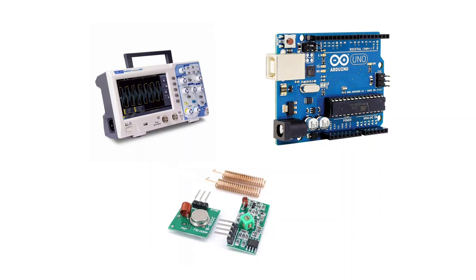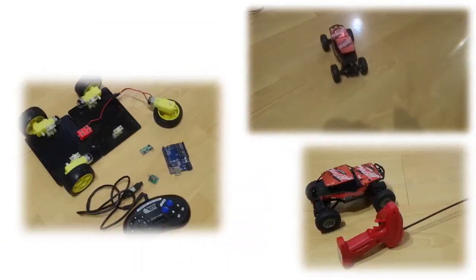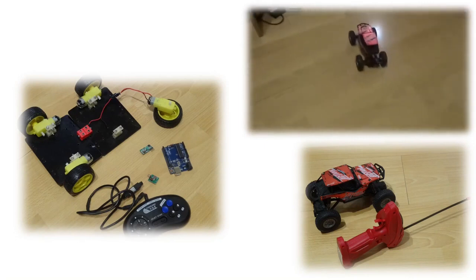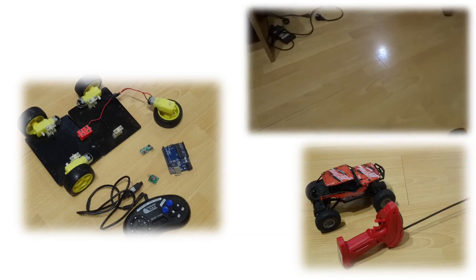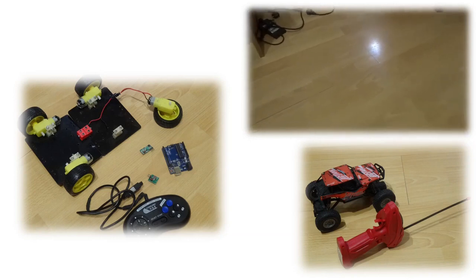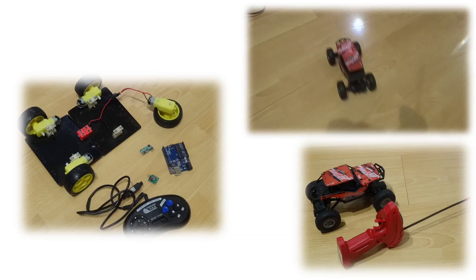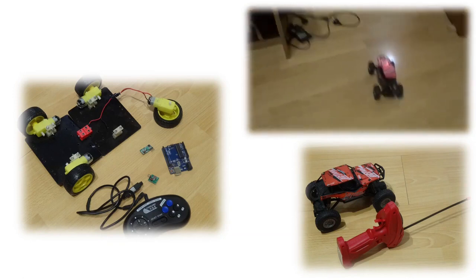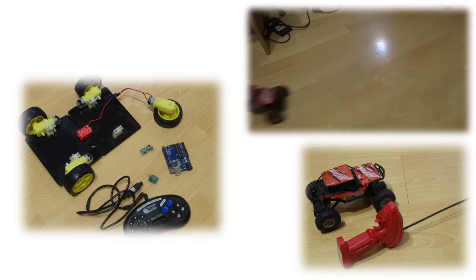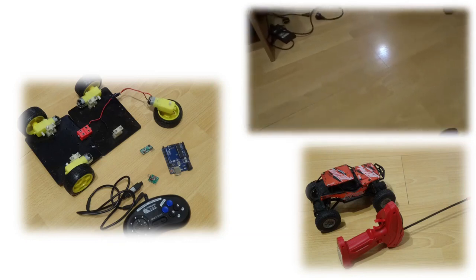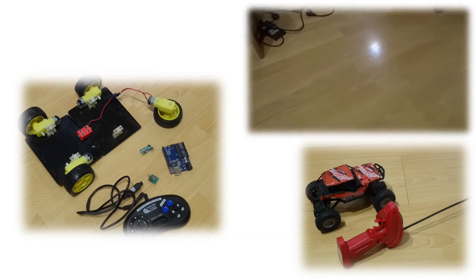Also, in this video, we'll talk about what you can use these devices for. For example, you can use them to communicate between your own electronic devices. Say you're trying to build your own toy car, such as the one in this video, such as the commercial version. And you could use a couple of Arduinos and one of these transmitter-receiver device pairs to control your toy